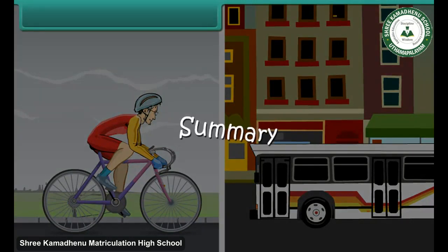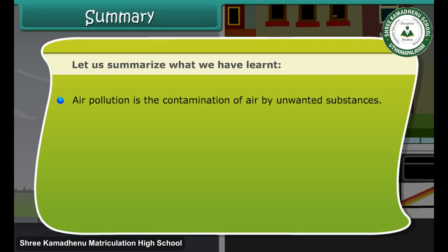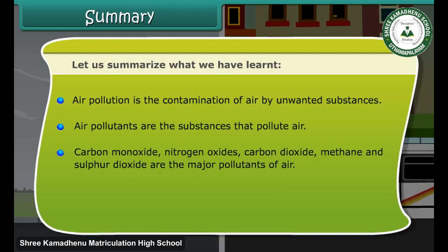Summary. Let us summarize what we have learned. Air pollution is the contamination of air by unwanted substances. Air pollutants are the substances that pollute air. Carbon monoxide, nitrogen oxides, carbon dioxide, methane, and sulfur dioxide are the major pollutants of air. Increasing